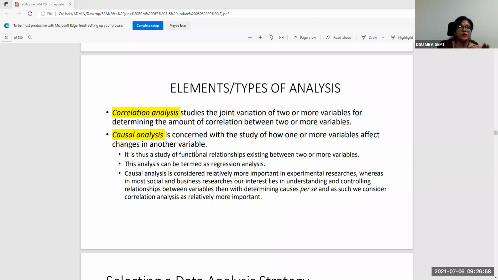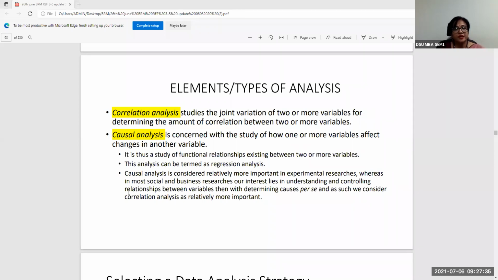And further, when you have a causal analysis explored, you can also take that further into building a forecasting model or a regression analysis, wherein you try to find out which are the variables that influence the dependent variable. All right, so causal analysis is mostly done in social studies, with the understanding that there is some challenge, because in social science or management, unlike physics, chemistry, or biology, you can't have very sacrosanct methods of understanding cause and effect.